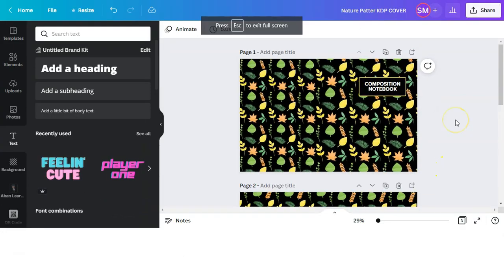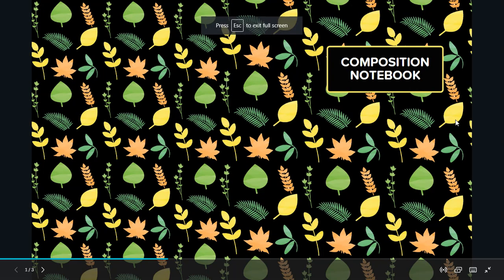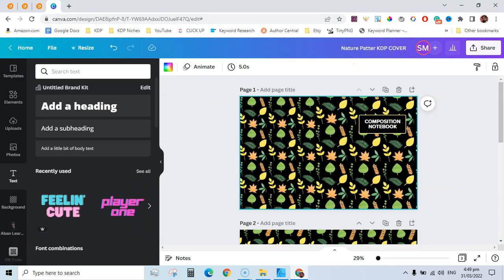Now you can see we have created a beautiful looking cover for our composition notebook just using elements from